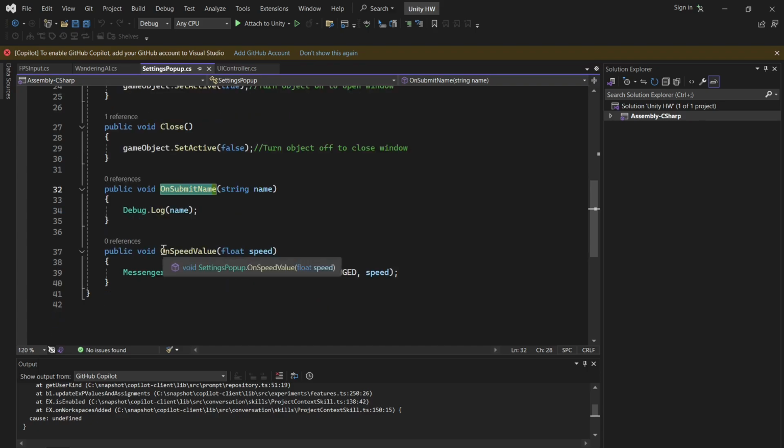And we have an on speed value, which takes a float value speed. This method will trigger when the user moves the slider, and the current slider value, which is the speed, will be printed in the console. Now we need to link the input field and the slider to the code we just discussed. So you basically select the input field in the scene, and scroll down to the